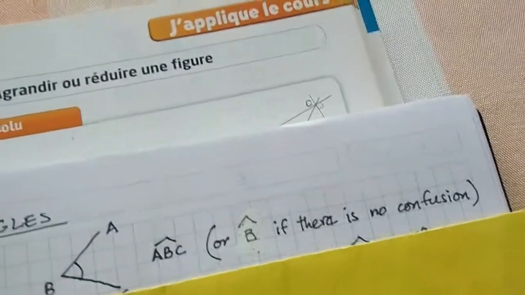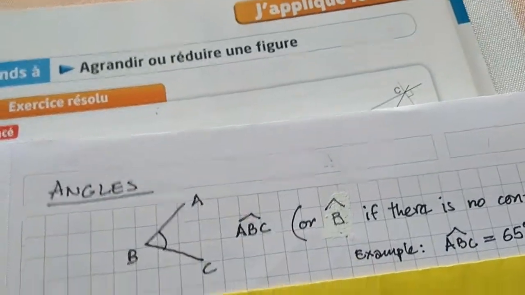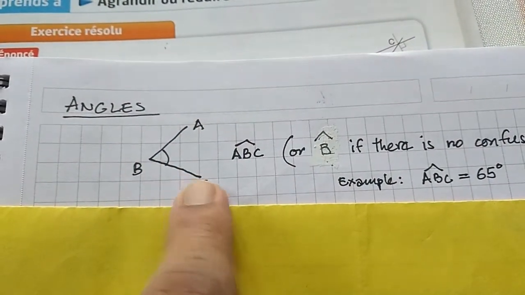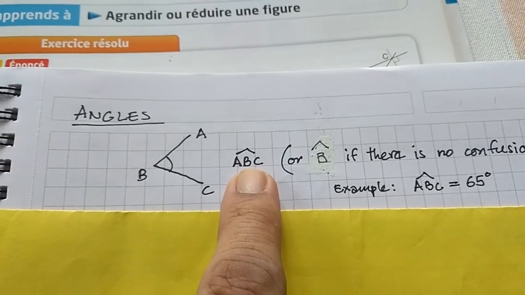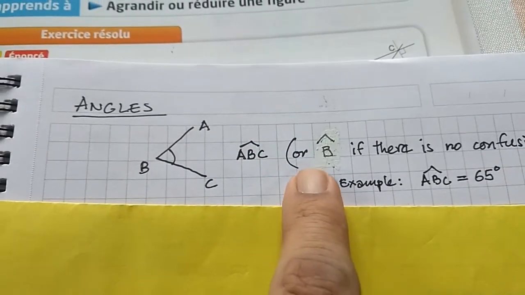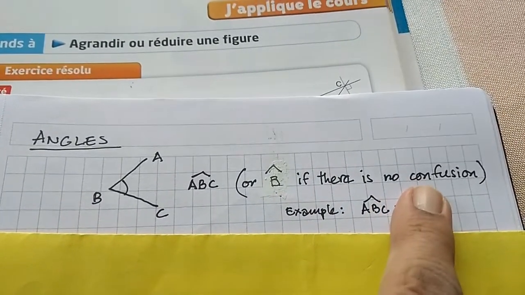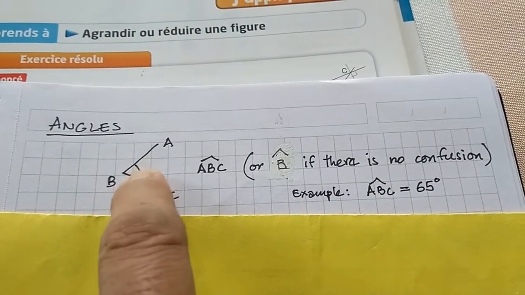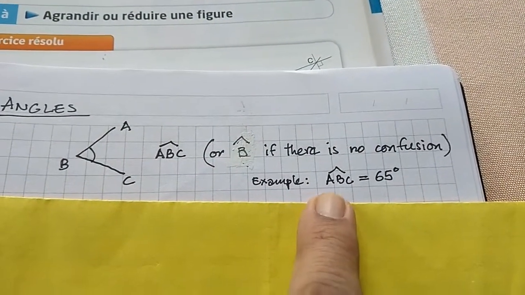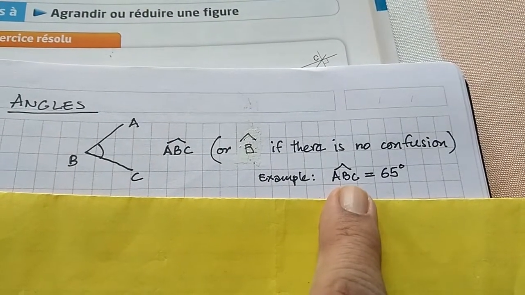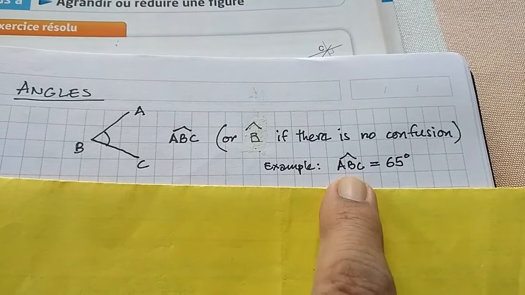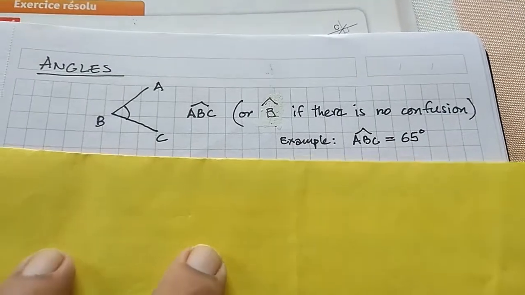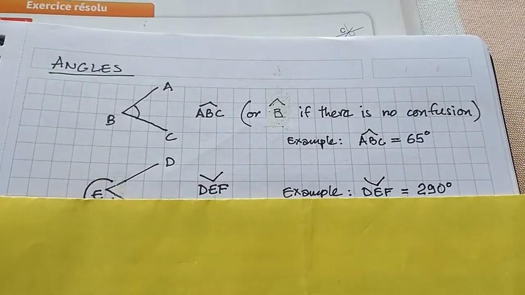Okay, so an angle, you all know what an angle is. I'm just writing the notation. If you have an angle like this, ABC, it's written like ABC with a little hat on top, or just B, if there can be no confusion. If I write B, there can be no confusion, because at point B there's only one angle that we are concerned with. If you put it in with numbers or in an equation, you have to write ABC est égal à 65 degrés. Don't forget the degree when you are writing the actual value.